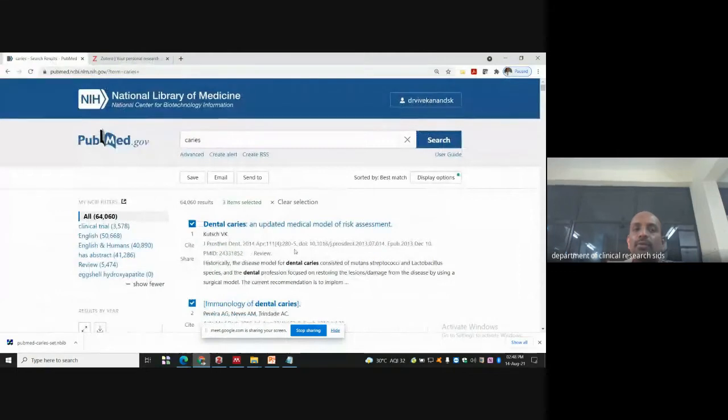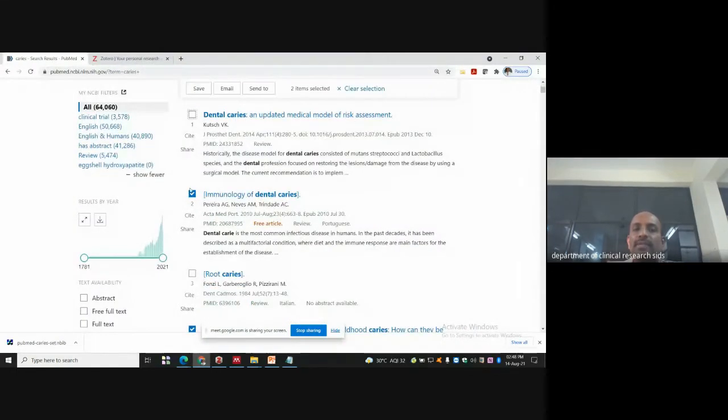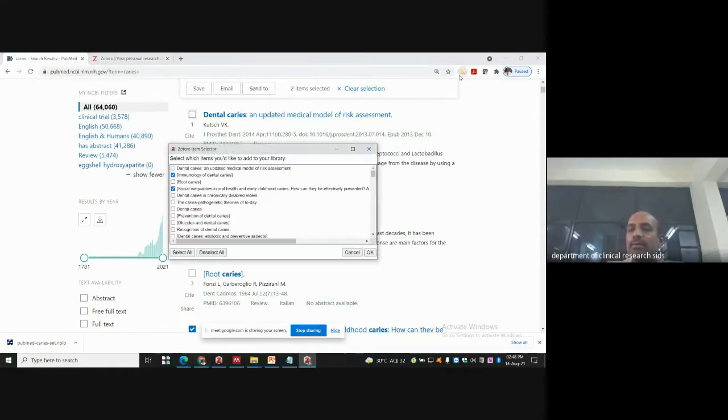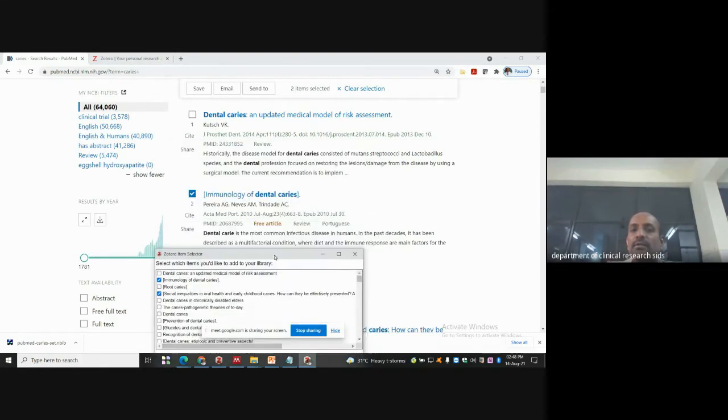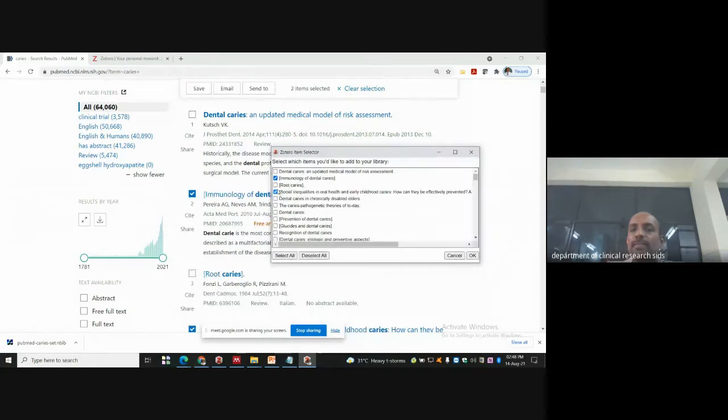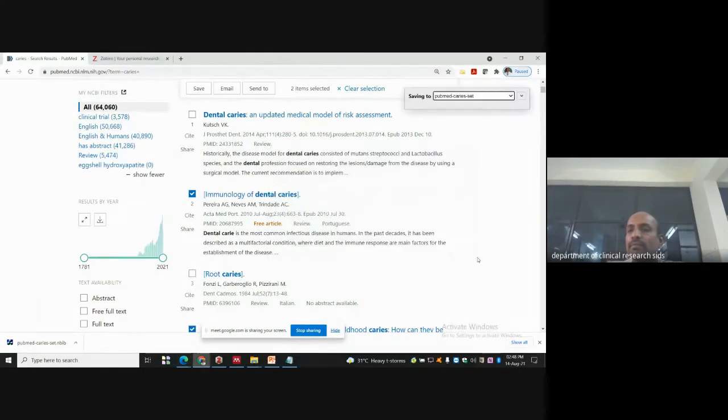After going to Chrome, if there is any article, for example a free article here, I want to save it directly, instead of importing, using Save to Zotero. So many things will come here. I want only one, that is immunology and dental caries. If I select it and click OK, it asks where you want to save.